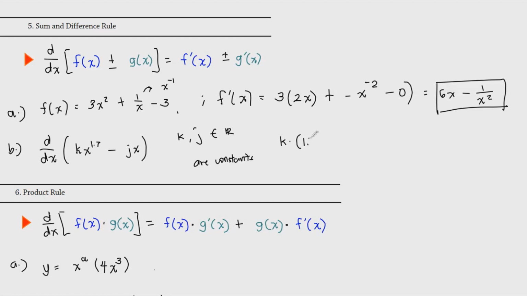So what we're getting is 1.7x, and then 1.7 minus 1 would be 0.7, and then minus, you have to take this minus jx, since j is constant and x here would be identity rule, so we'll be having j, and then the derivative of x is simply 1. So our final answer would be 1.7kx to the 0.7 minus j. Of course, you can just write k and then multiply with 1.7x raised to 0.7,